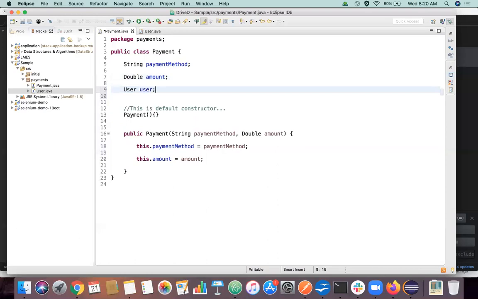User. Right? But there's a key difference to this. The user may be a single user or may not be a single user. There can be multiple users doing a payment. So what I'm going to do is declare this as an array. An array is declared using square brackets, like what you see here. Whenever you put a square bracket near an object or anything, Java considers that as an array. So now Java will know, okay, user is not a single user, it's an array of users, right?